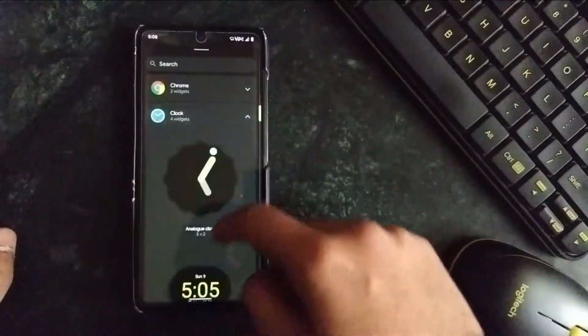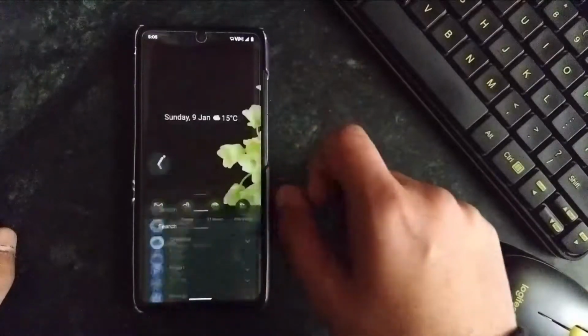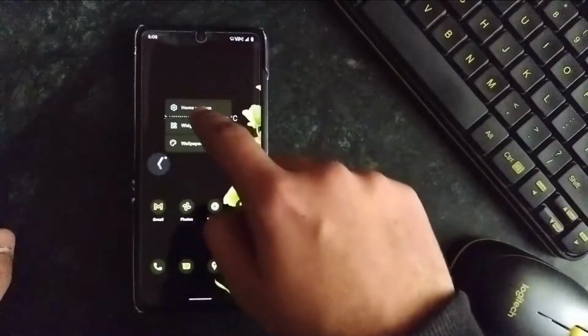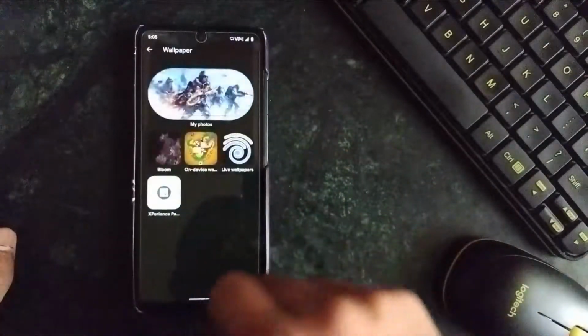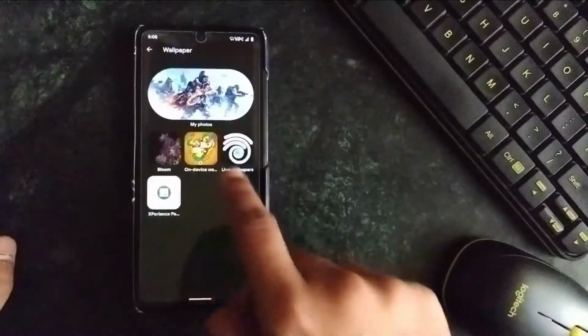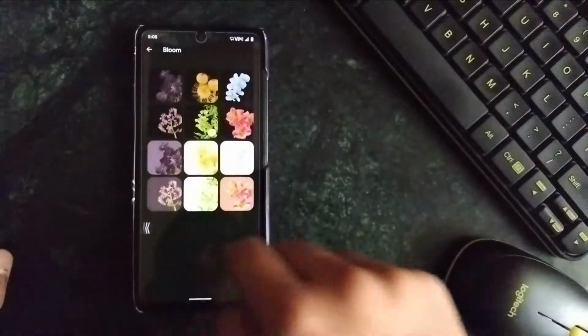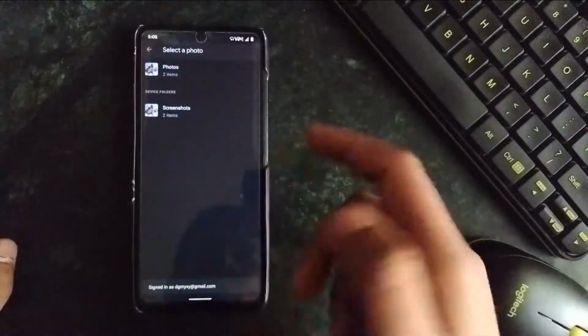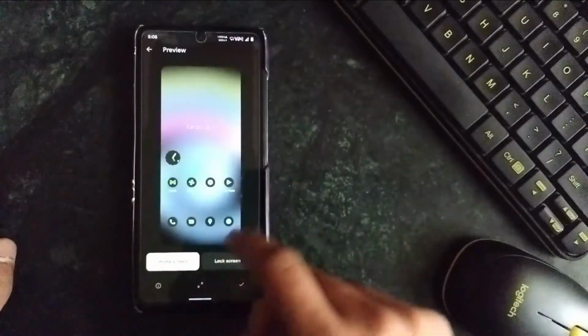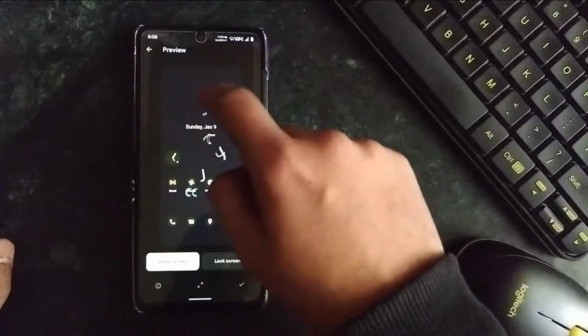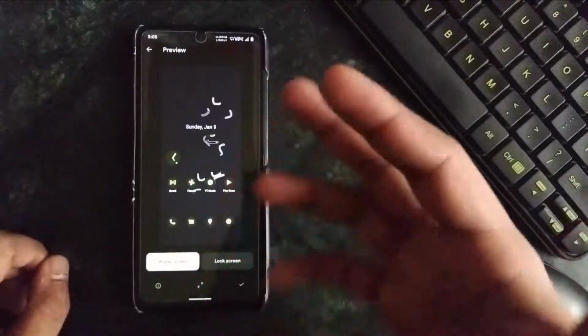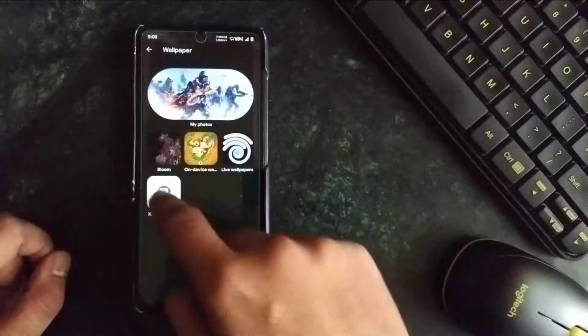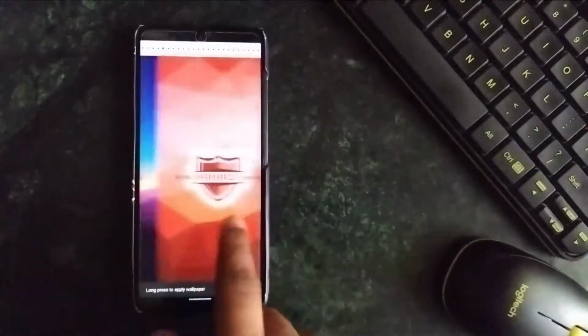Basically, there are multiple widgets that you can try here. These are the wallpapers. Basically, you do not get many wallpapers. I have updated the Pixel wallpapers here, but they haven't. These are the local wallpapers. This is a live wallpaper, as you can see. And yeah, I don't know what this is. I found it very disgusting. So these are the experience wallpapers.